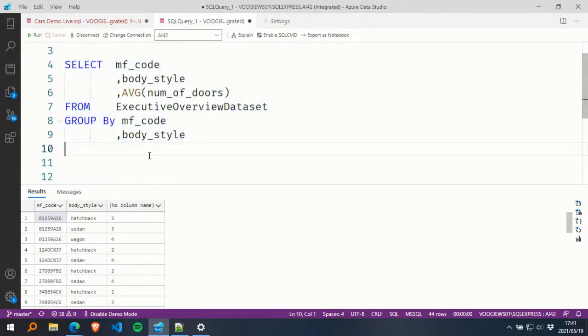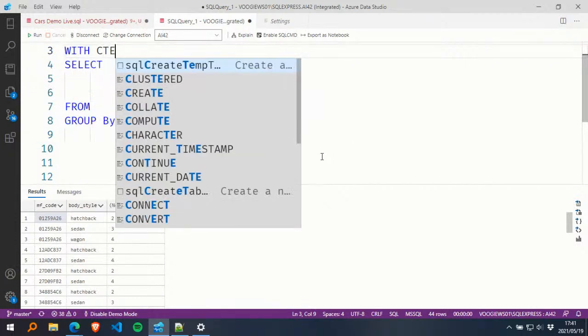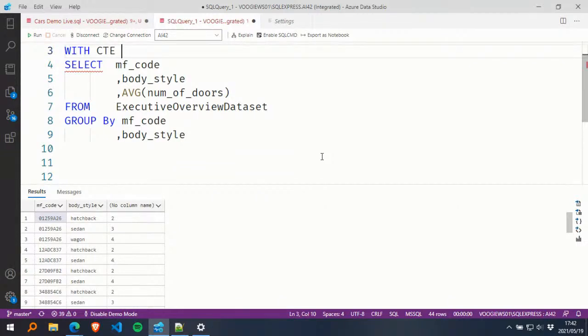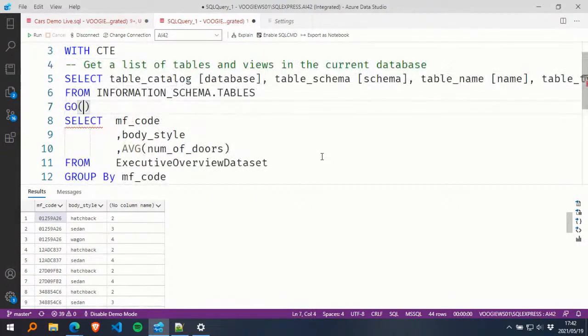Now that we have this, I want to write a little query to bring back my body style, to just tell me how many body styles have an average of 4 or more doors. Now this gets a little bit complicated. Either we can turn this into another view, but we might never use it again. So instead of creating a view, we can do what's called a common table expression. In SQL Server, you have this nice little feature where you can tell it,